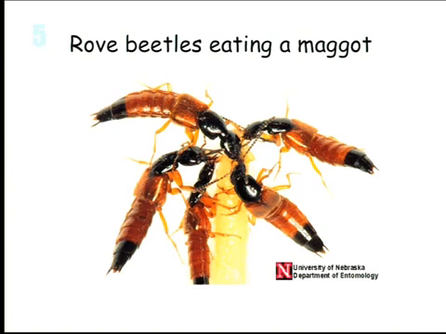Next. These are rove beetles that exist in the ground, and you can encourage them. Rove beetles and ground beetles live on the ground, and you can encourage them with mulching, and they kill all kinds of insects on the ground. And at night, they climb the plants. You don't see them during the day. At night, they climb the plants, just like the spiders do.